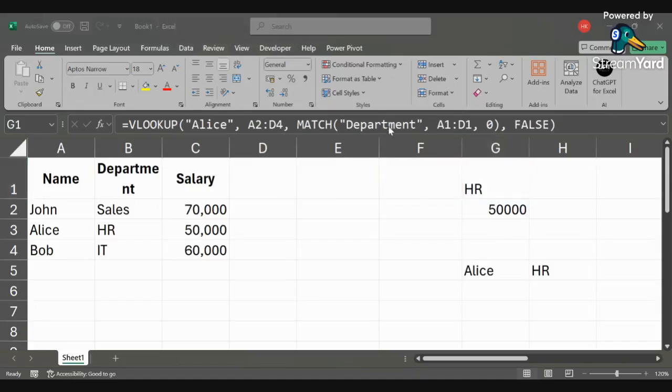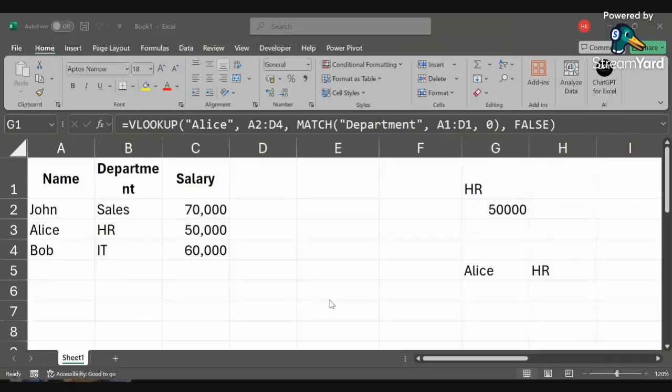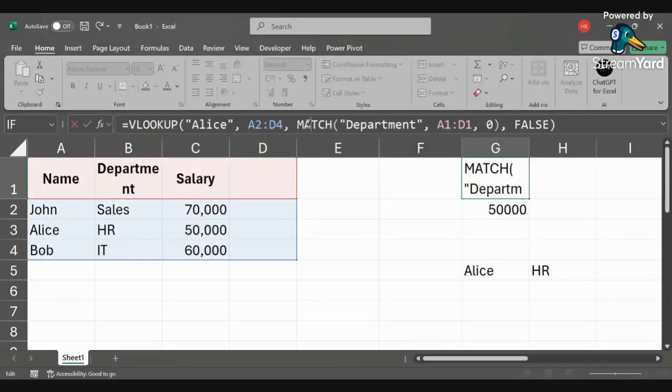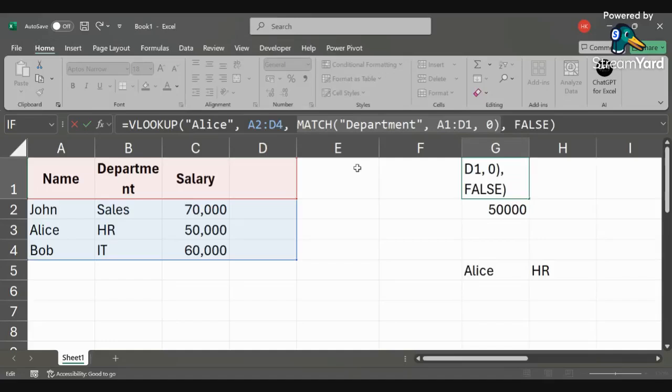This is the hack which I was talking about. This hack will not be taught anywhere else, because this is a very different type of hack where I am combining two functions in one particular formula and giving you the result. It's like proper brainstorming in this formula. Now this will work everywhere, but there's one condition: you need to check that the formula is closed or not, because a lot of people make the mistake when they put multiple formulas. That's why I don't go deeper into that for beginners. When you miss even one bracket, it will give you an error.